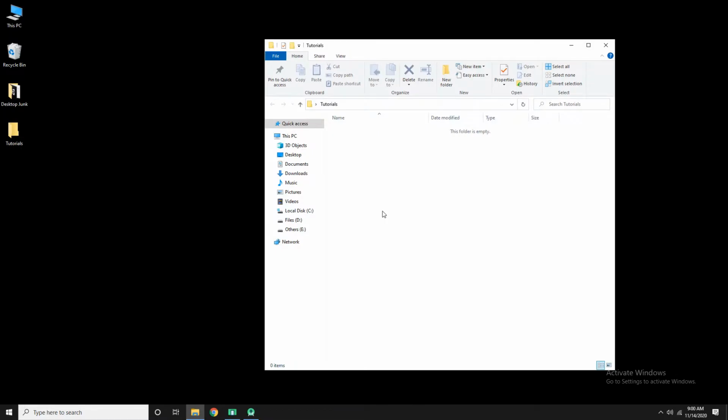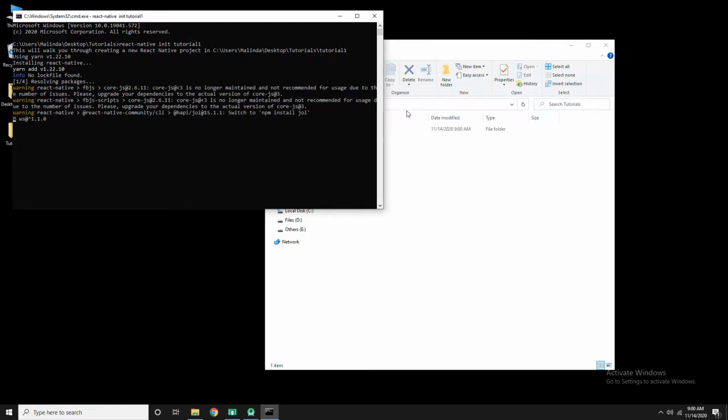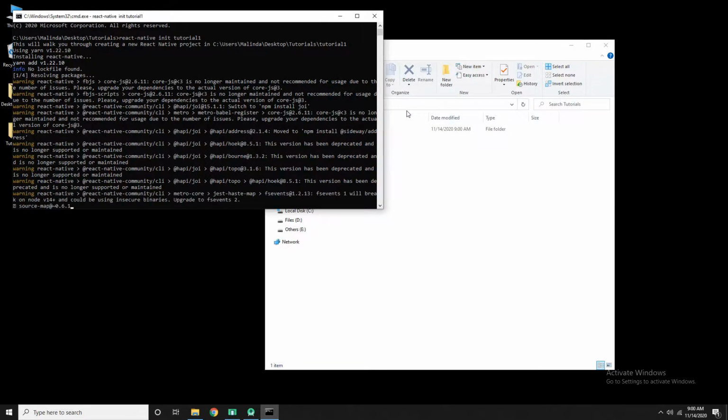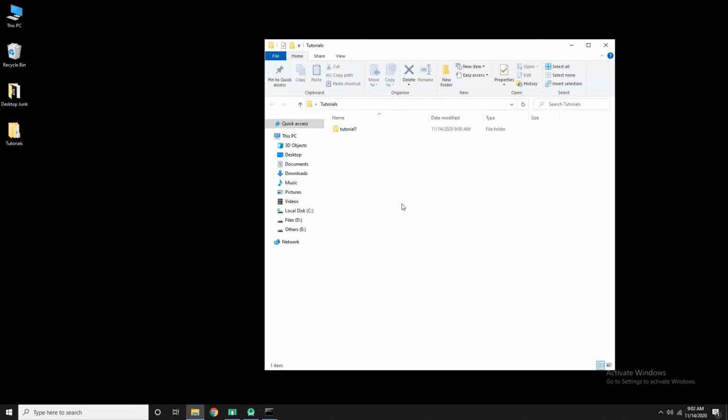Hi, let's see how we can open a native Android activity from React Native. First, let's create a React Native project. Now that the project is created, we can open Android, the Android project as well as